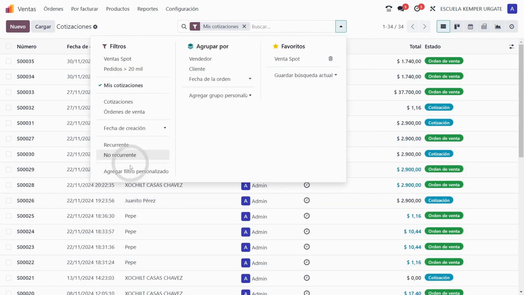So that's how you can create default filters for all users. Here in this column,